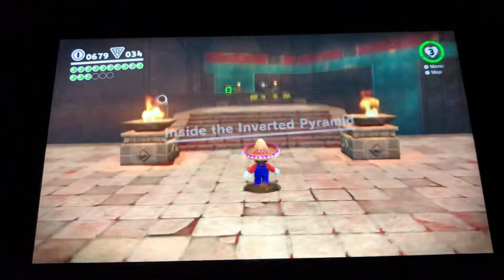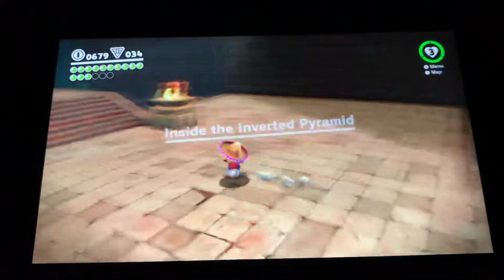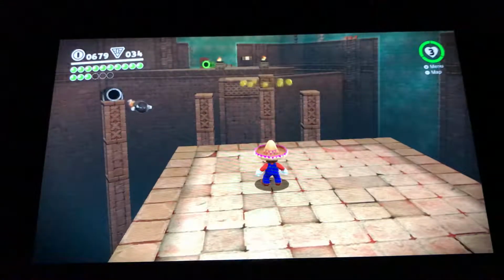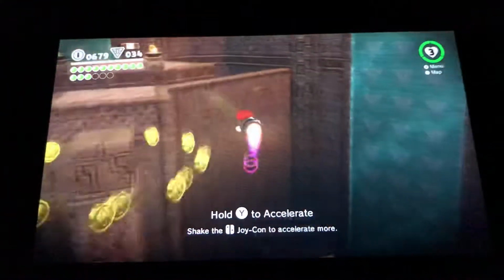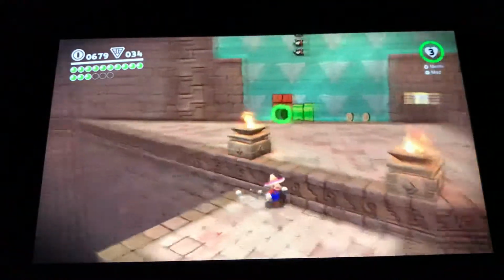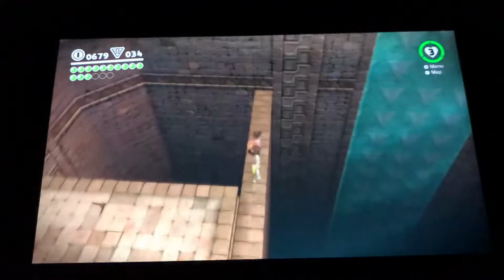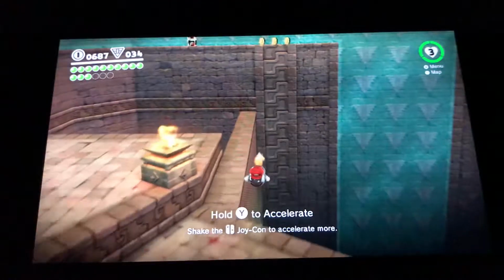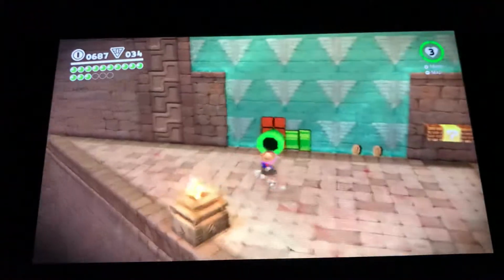Kind of funny how the pyramid's inverted. Inside the inverted pyramid. Anything else? No. Okay. If you shake the Joy-Con, you can actually accelerate faster. Alright, so...